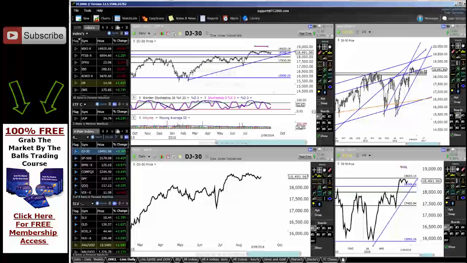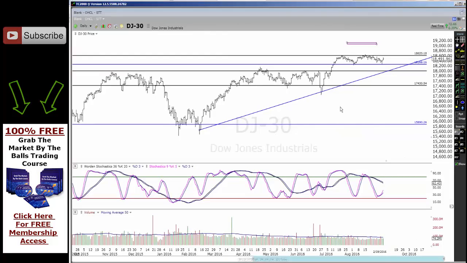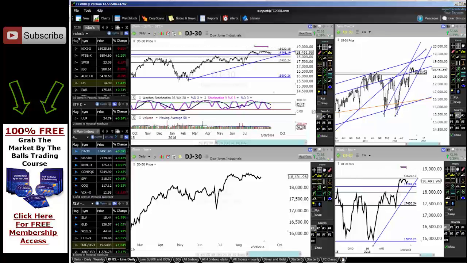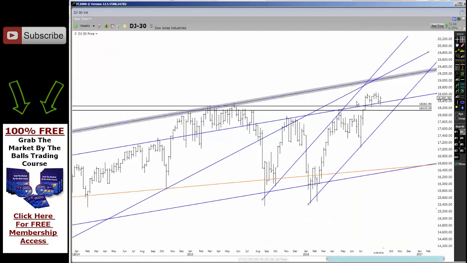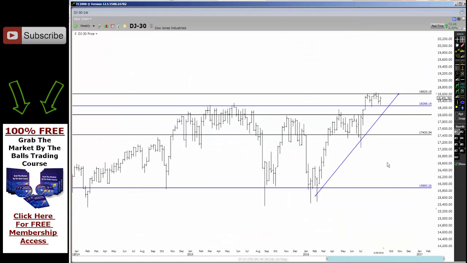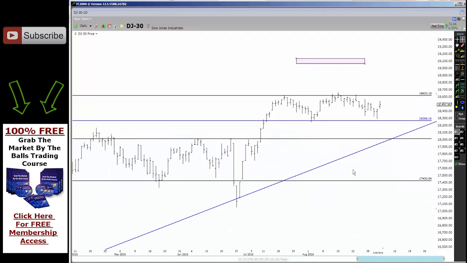Let's get straight into what I want to talk about here. One charting technique that I know works really well. Let me just show you what that is. Let's bring up a daily chart. This is on the Dow Jones, and this is something that